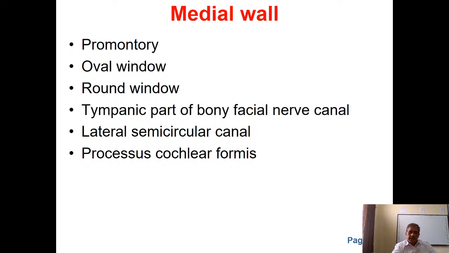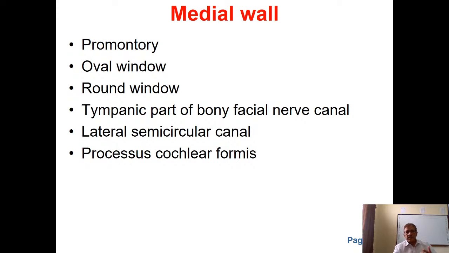Okay, and the structures that are present are, one is the promontory. The promontory is the bulge which is formed by the basal turn of the cochlea. As you know, the cochlea has 2.5 turns, like a snail shell, and the first turn is formed by the promontory, the bulge that is formed. That is called the promontory. And this promontory,